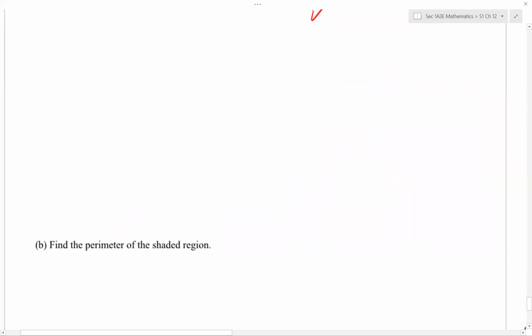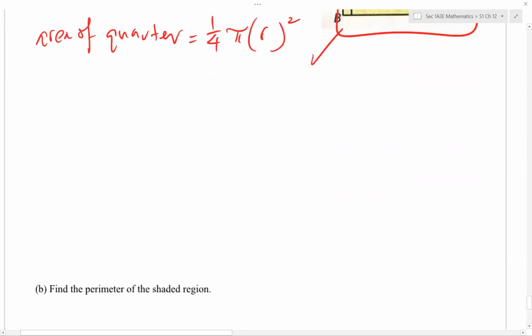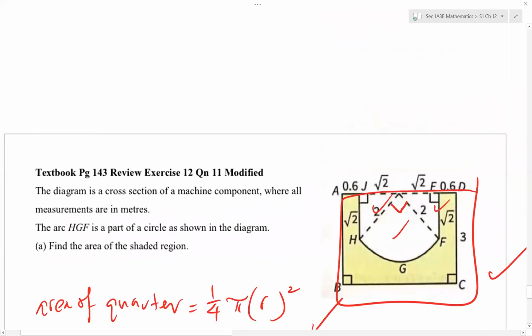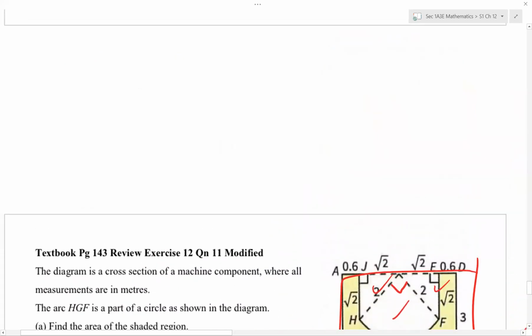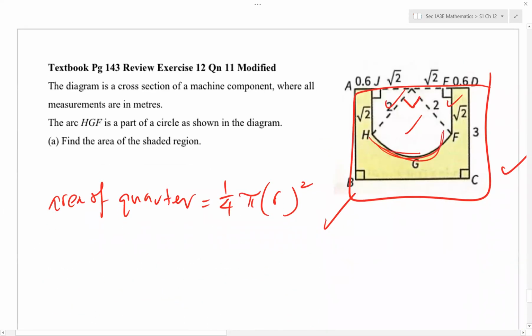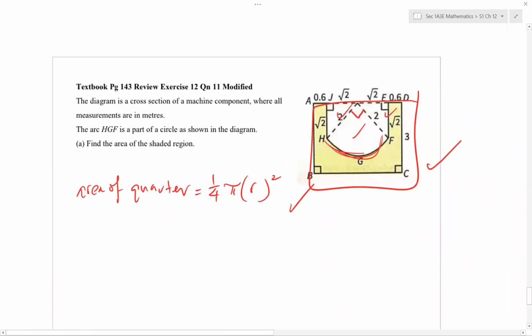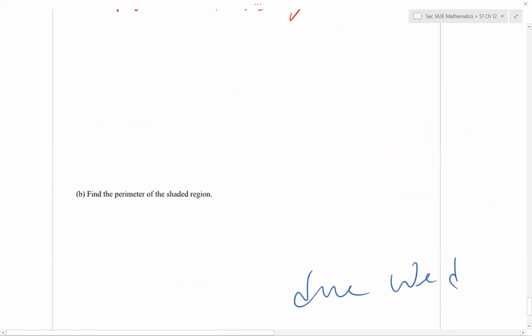So you can find the quarter, you can find the triangle, find the rectangle, subtract, done. That is the plan. And then finding the perimeter is even easier. Okay, the arc length. We need to find this arc length, which is 1/4 of the circumference. That's all. Okay, so